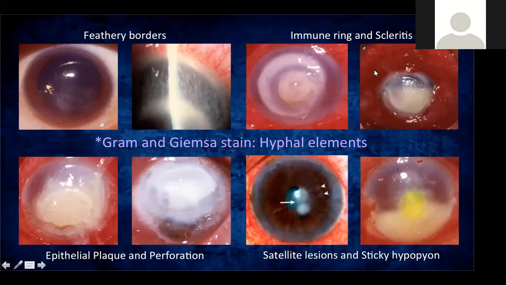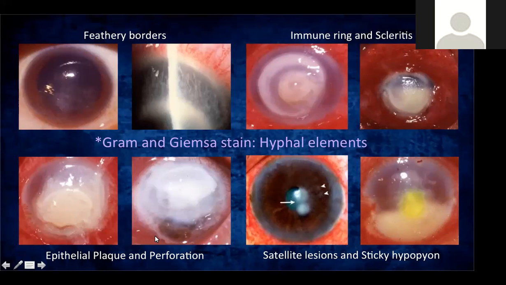Then you have your scleritis here. The sclera, it's not white anymore. It's very, very red. This is your hypopyon inside the anterior chamber. Here you have satellite lesions, the small ones over here. These are your main lesions. Okay. You can have solitary, you can have multiple lesions. Okay. Again, here is your hypopyon.